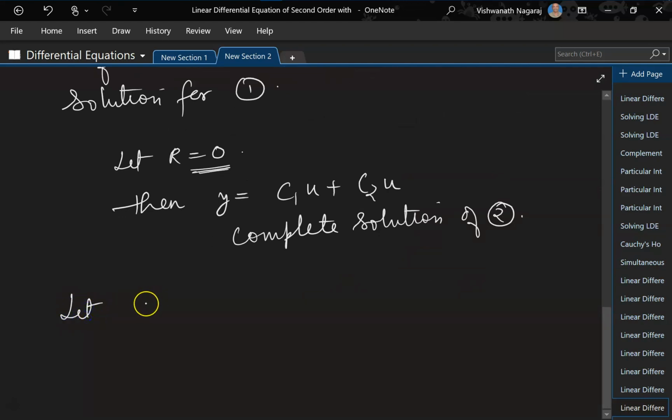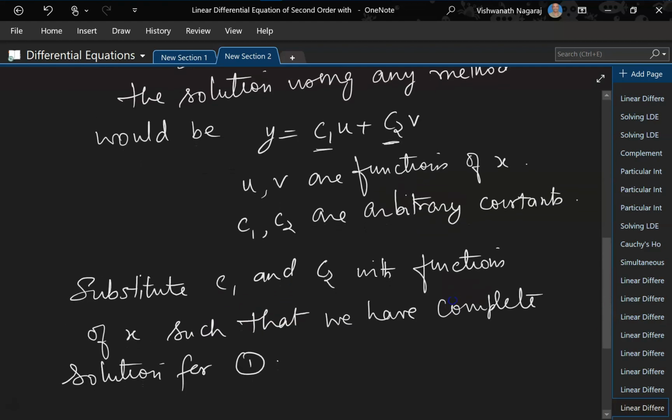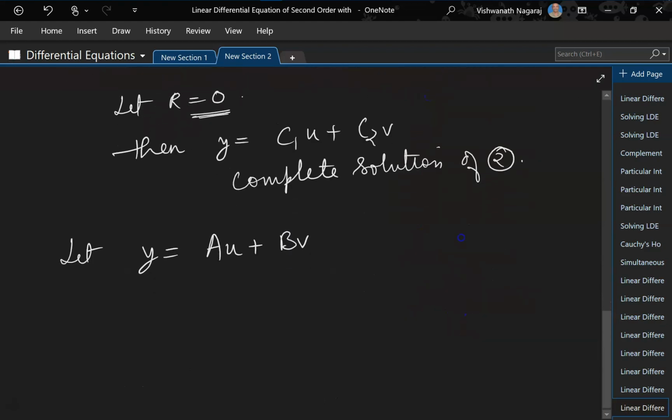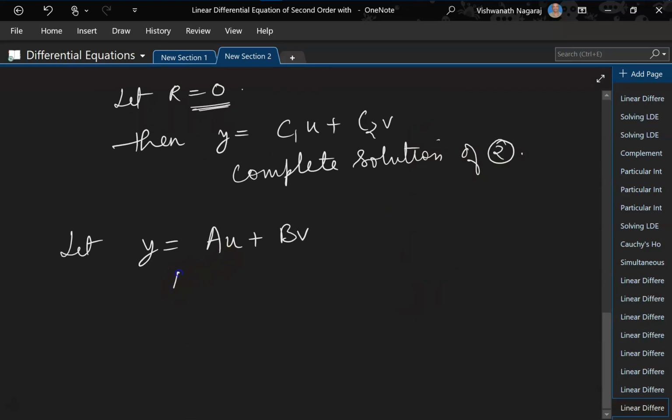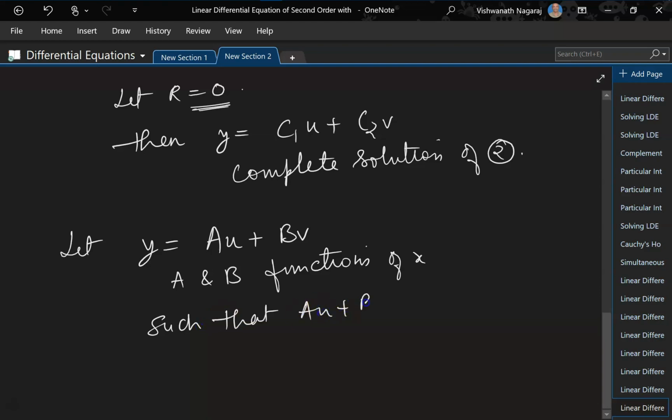Now instead of c1 and c2 we are going to put a and b. So y is equal to au plus bv. Here a and b are going to be functions of x such that au plus bv is the complete solution of